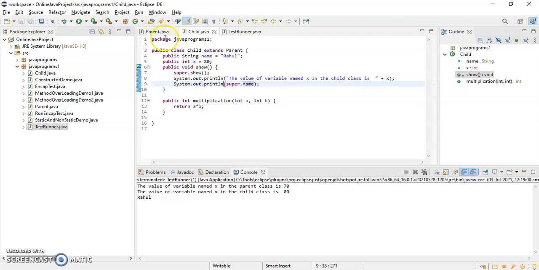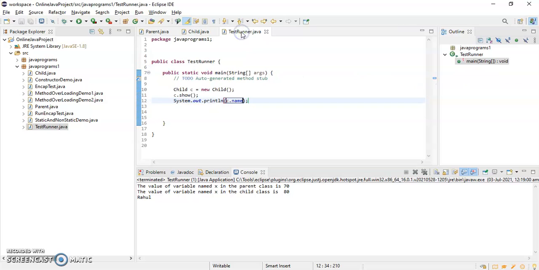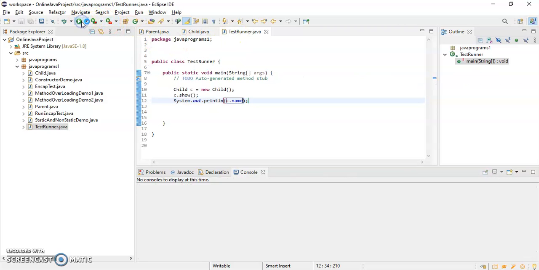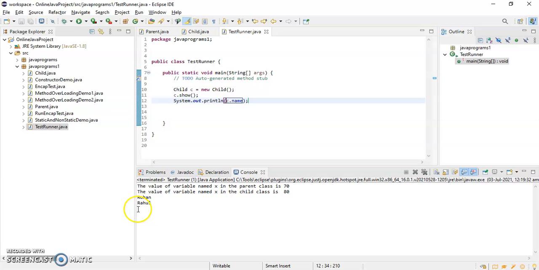Now if you go and run this, Rohan and Rahul. So we saw that with the help of the super keyword we can access the variables and methods of both parent and child class if the names are the same.